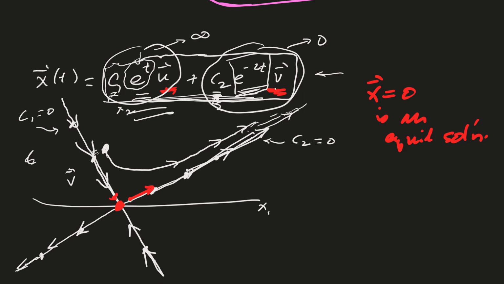Okay, and so you can see here, if you hit this line, that means your C2 part would be actually 0. But we know that it's never going to be exactly 0 because of the exponential function there. And so solutions close by are going to do something similar. They're going to go to infinity. And then similarly down here,